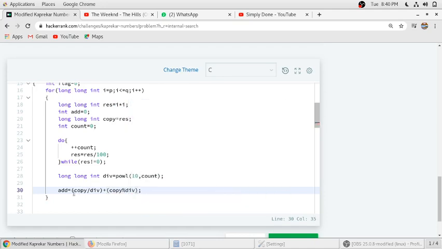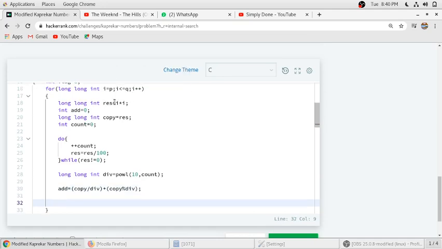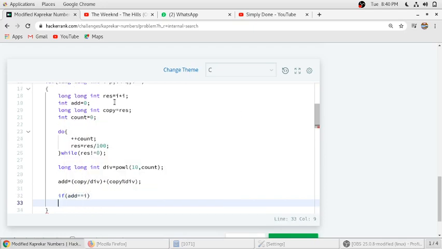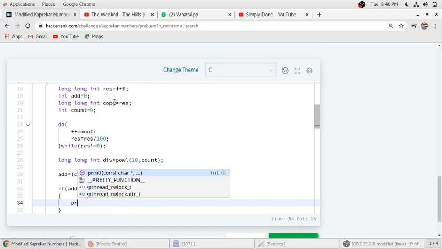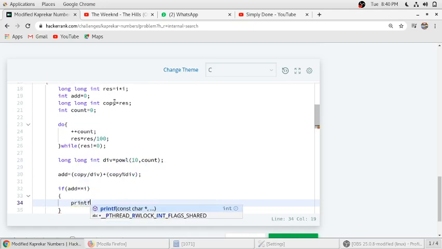So the addition is done of the split parts of the square. After that we have to check if the addition is equal to the original number.